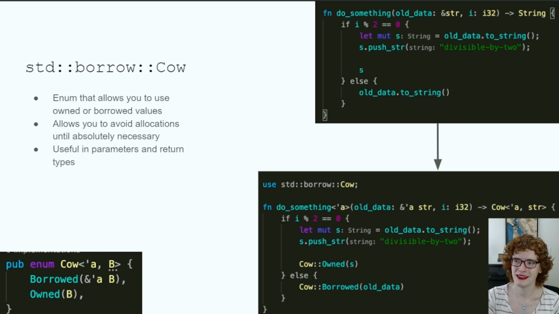So this function has to allocate on both branches. You see the bottom branch has to create a string, an owned string, even though there are no changes being made to that string. So it's not strictly necessary from a logic perspective that this needs to allocate, but it is necessary from a